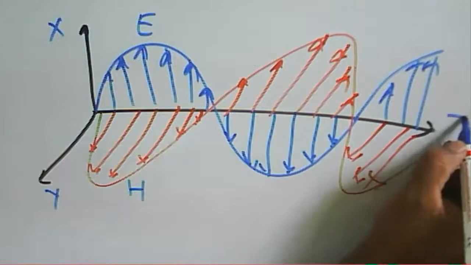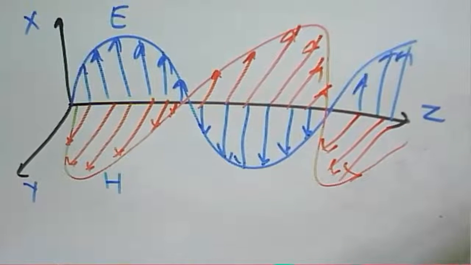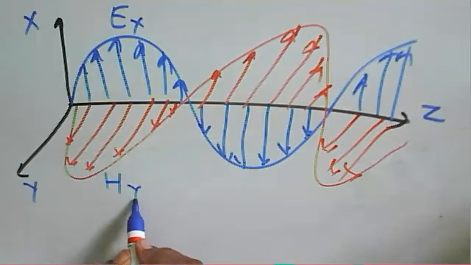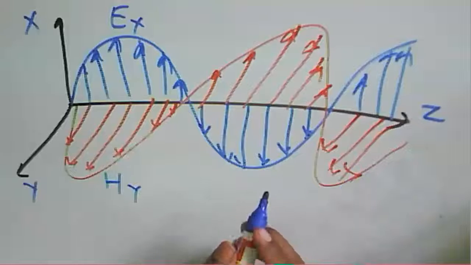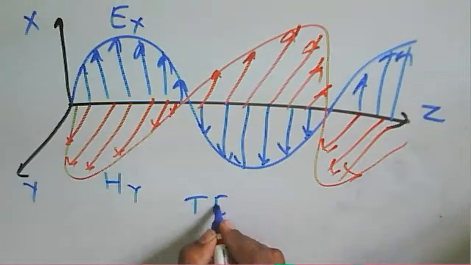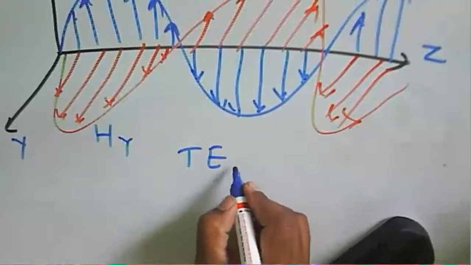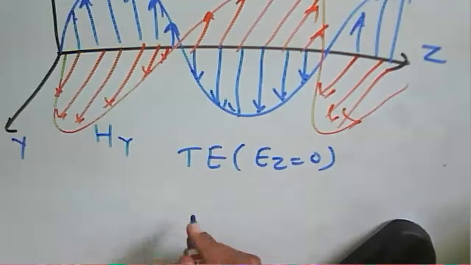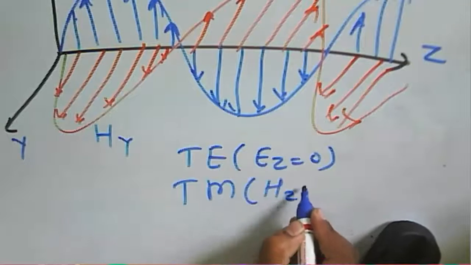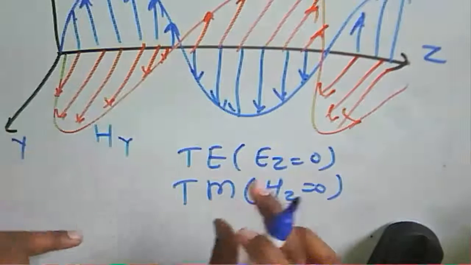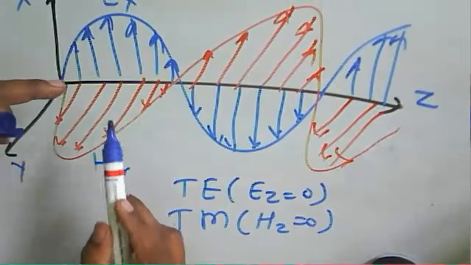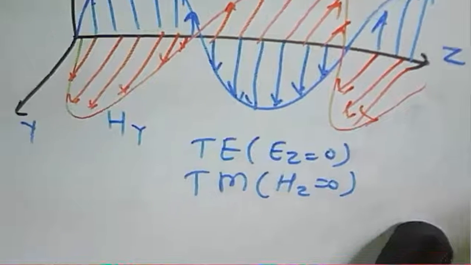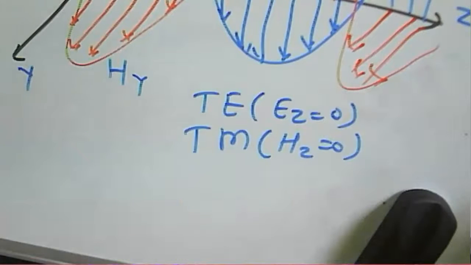Now we say that the wave is propagating in the z direction. From this waveform, we can say that the electric field has the x component, the magnetic field has the y component, and the wave is propagating in the z direction. So for the transverse nature of a TE mode, we say that Ez is equal to 0. For the TM mode of propagation, Hz is equal to 0. These components are present when your wave is propagating in space. So that's all about your